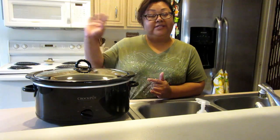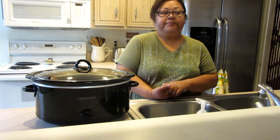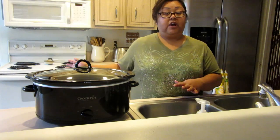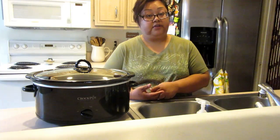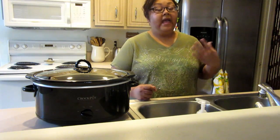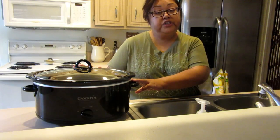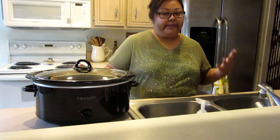And it's actually a hybrid or a spin-off of a dish that my mom makes. Her version is more Filipino, and she makes it on the stovetop. And when I first made this dish, I originally made it on the stovetop, and it's very delicious. And I have to say, I prefer it a little bit more than the crock pot version, just because you are able to develop flavors a little bit